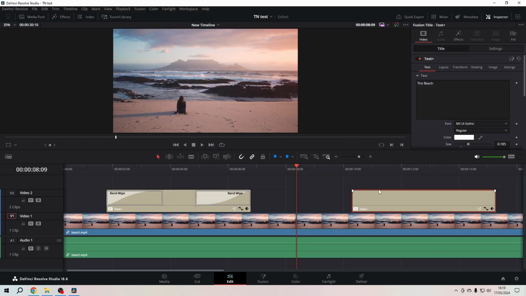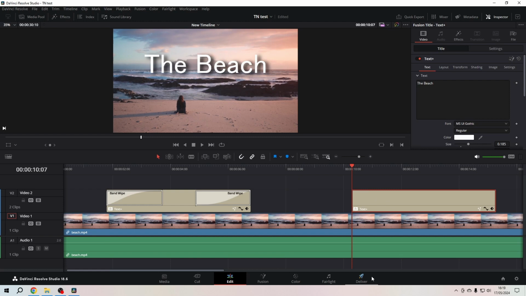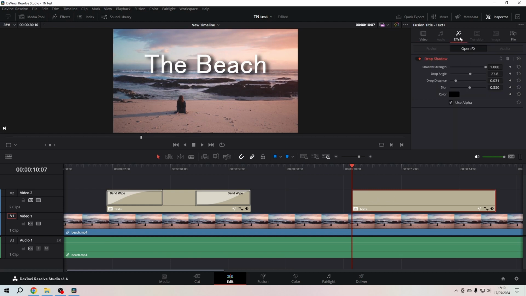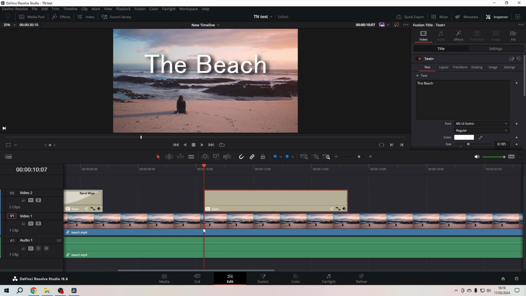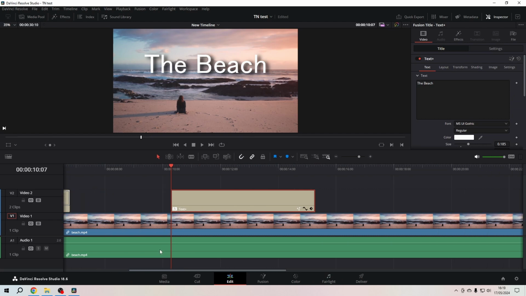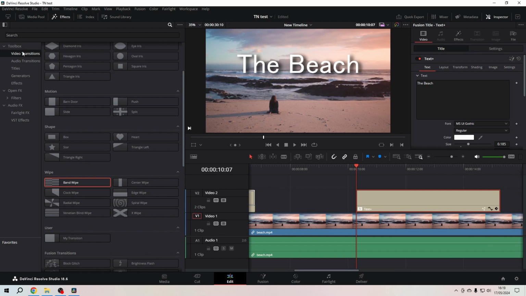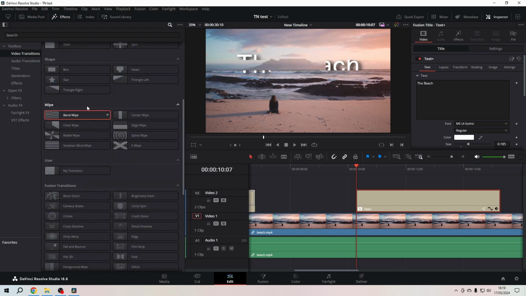What I did here to prepare, I dropped a text, the beach, on the timeline, and the only thing I did to the text itself was adding a drop shadow. What I want to do now is add a video transition on the text itself rather than on the video. And therefore I go to the effects library, go to the video transitions, and in the wipe